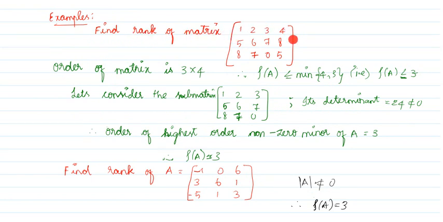See, find the rank of the matrix. What we have told first: we have to see that the matrix is of order 3 cross 4. So first we have to see what can be the maximum rank of the matrix, that is the minimum of 4 comma 3, right? So it can be less than or equal to 3. Now we have to consider a submatrix for which a minor can be obtained. For a minor we have to take a square submatrix, so we can take some 3 cross 3 matrix. I have chosen this 3 cross 3 matrix.